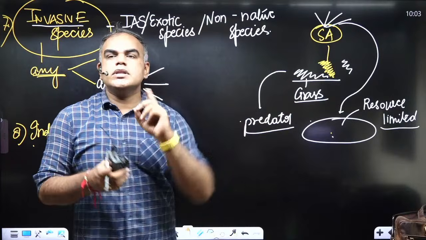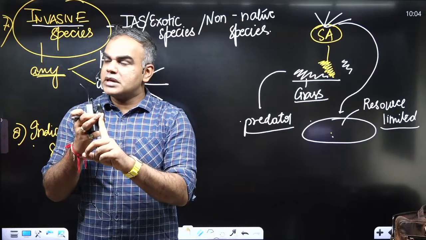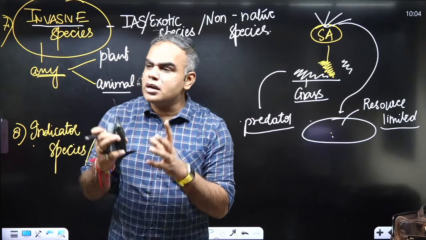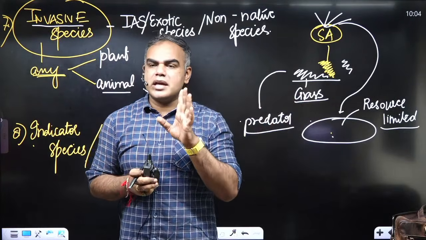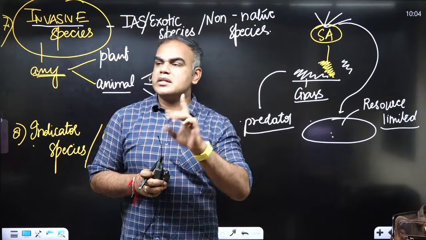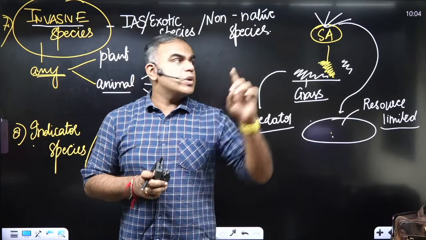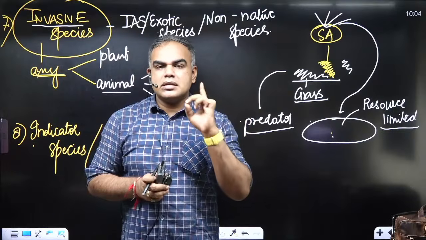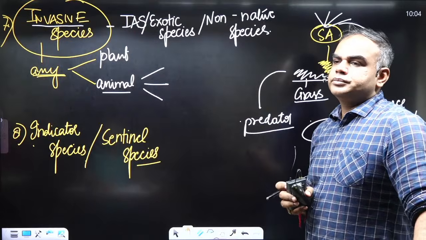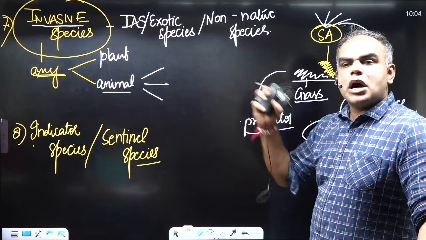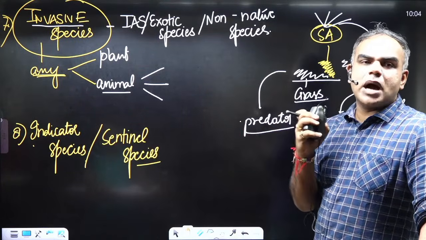Yes, the main issue is that when an outside species comes, that species is very fast growing, multiplying very fast because there are no natural predators. Because of this there will be competition, and ultimately the native species will have nothing remaining, and native species will start to get extinct. So the biggest issue with invasive species is that they can lead to loss of biodiversity. Now, I'm not saying everything that you bring from outside will always be invasive. But if they become invasive, this will lead to loss of biodiversity.